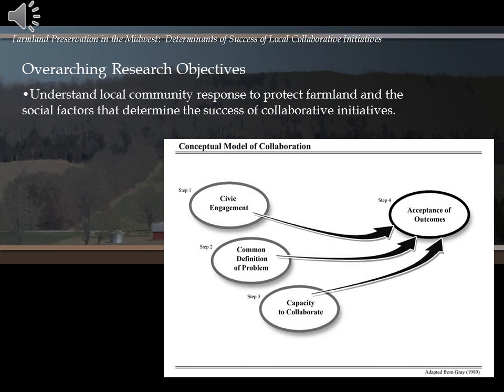And the way that I frame this in this study is that this is really key from the community's perspective, not just from those key individuals that are involved in the process, but at some level there has to be this broad-based support that extends beyond just that core group of people. And this goes back to that legitimacy of stakeholders. That's one of those components of Gray's model on the previous slide, that the people involved really have to be representing the interests of the community. And that's what my study really dove into. And so I'm going to go ahead and introduce it, and we'll walk our way through that.